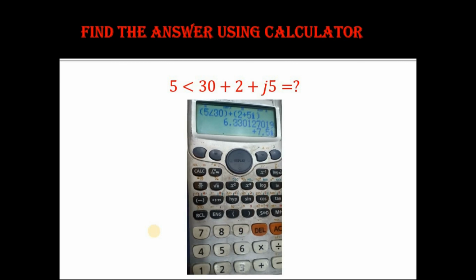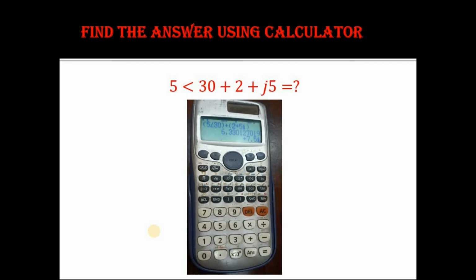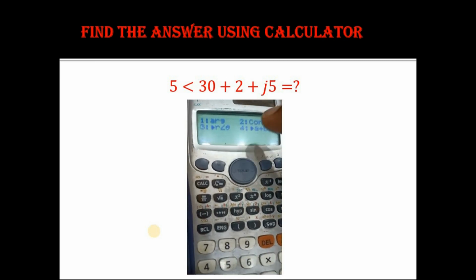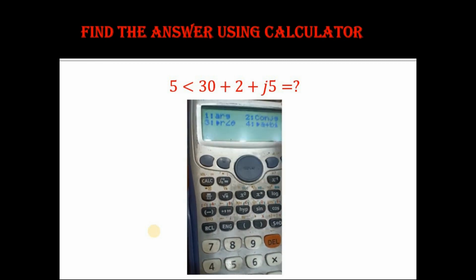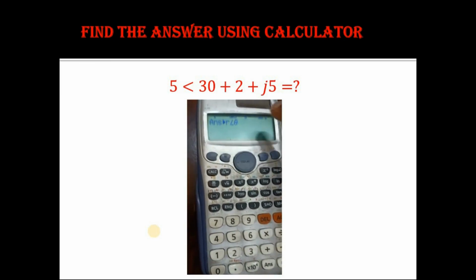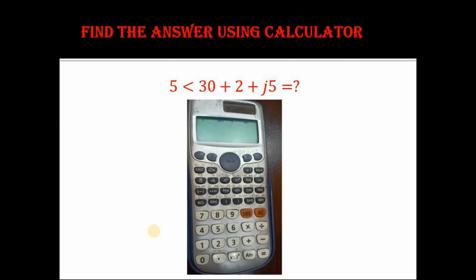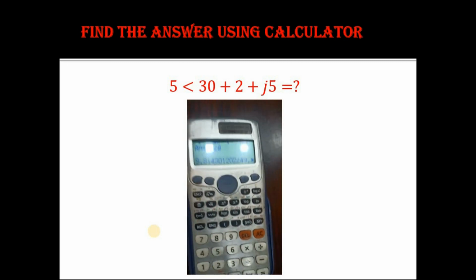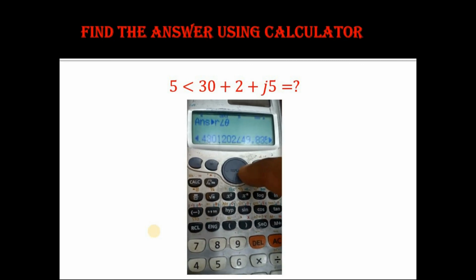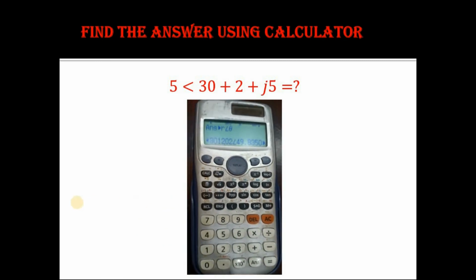If you want the answer in polar form, press shift then 2. In the screen we have r angle theta and the corresponding number is 3. So press 3. So convert the answer to r angle theta, that is in the display. Now equal to. So answer is in polar form. 9.81 angle 49.8. That is the answer in polar form. Okay.